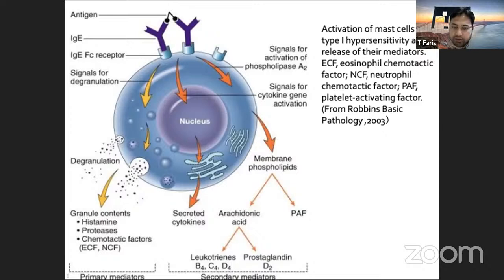Leukotrienes and prostaglandins are all classified under secondary mediators that function in the regulation of the blood vessel, the vasodilation or vasoconstriction. So you can see within a single mast cell, there are lots of activities or functions that they can elicit in order to regulate the